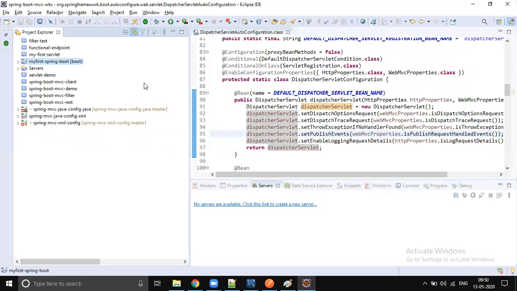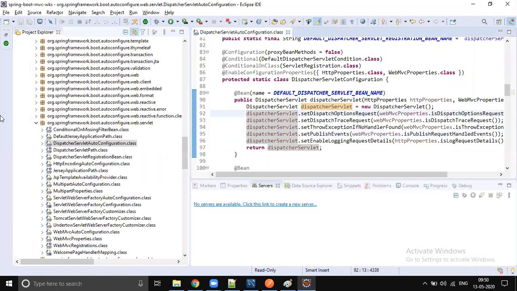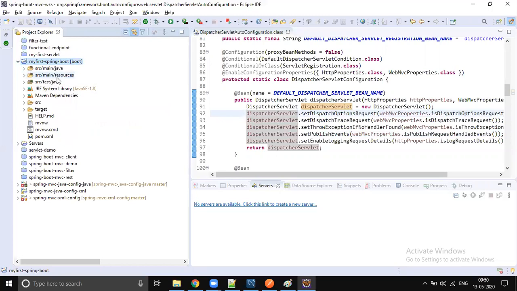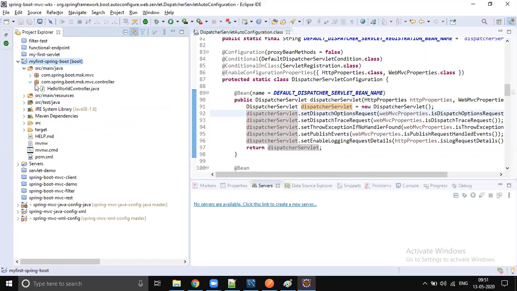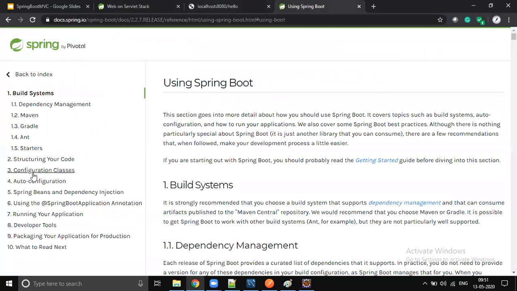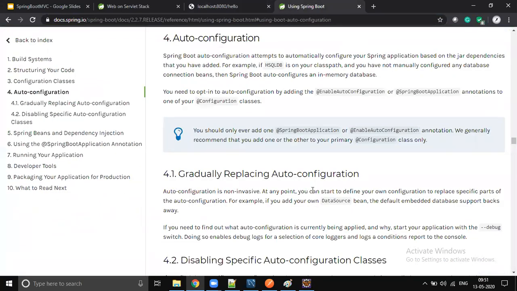So what is the benefit you get if you're using Spring Boot? You directly focus on writing business logic, instead of focusing on configuring the dispatcher servlet, configuring the server, configuring the context path. As a developer, you directly start focusing on the business logic. The remaining things are automatically taken care of by Spring Boot. That feature is called auto configuration. We will discuss this auto configuration part when we jump into our first RESTful web service.